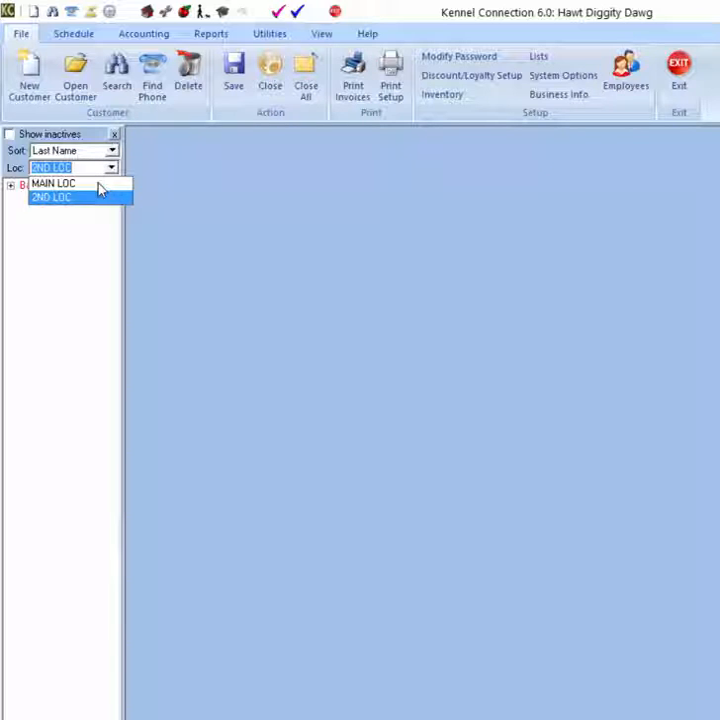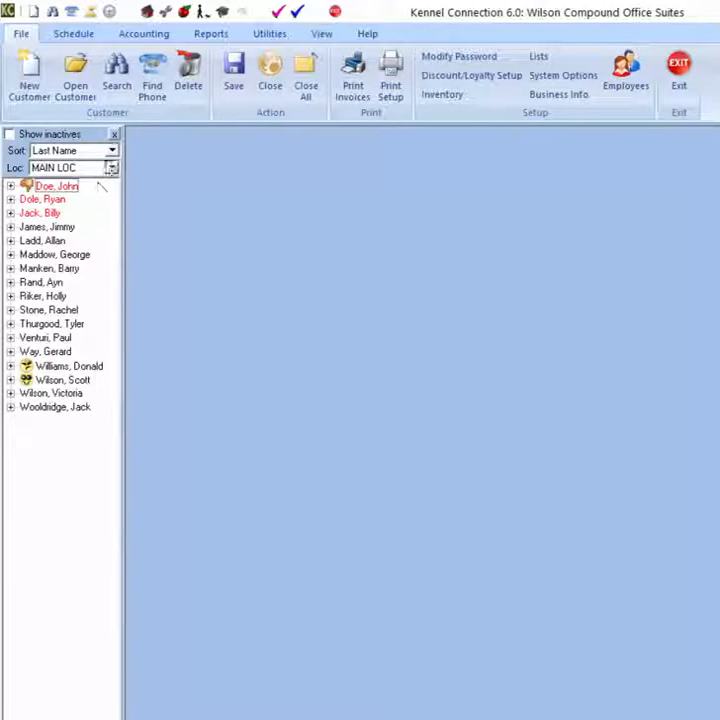When using the multi-location module, you have the option to create client lists for each location individually or sharing them across all locations. So for example, one option I have would be to keep all my clients on the main location list and just create reservations for individual locations as they occur. This can be done through the other way of selecting locations in Kennel Connection, and for that we're going to open up one of our modules,